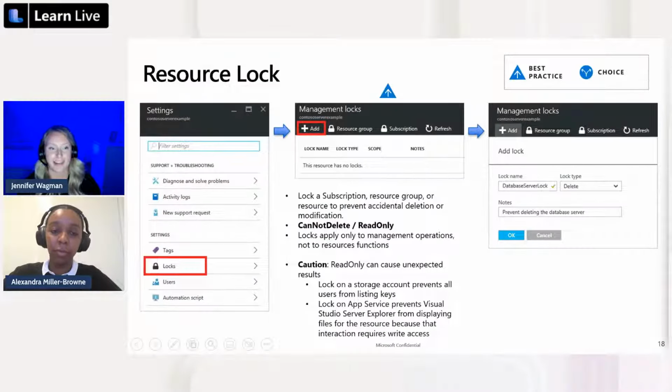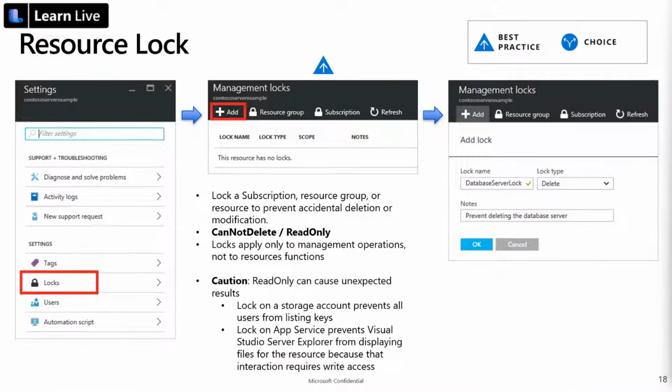Okay, last slide for me, and then we're going to do some more demo with Alexandra to show off all of these things we just talked about. So resource locks are another really, really useful governance tool. What a resource lock does is it provides a way for you to essentially lock changes or deletion behavior